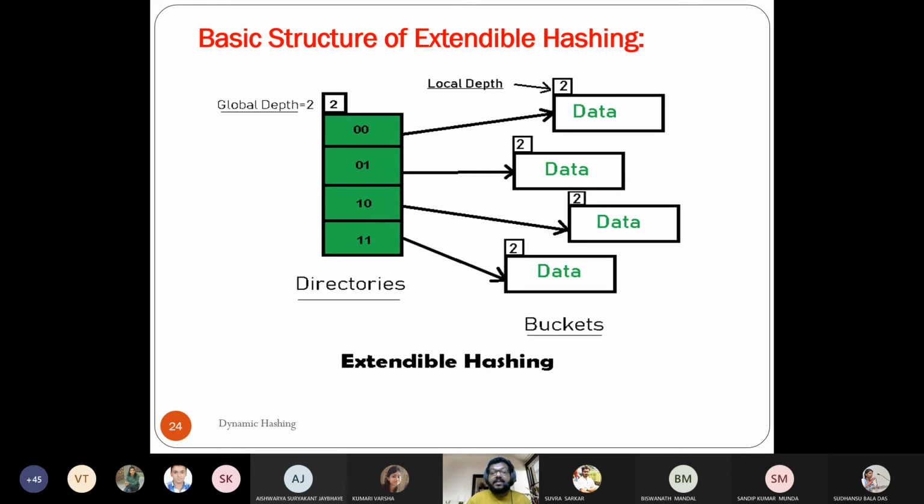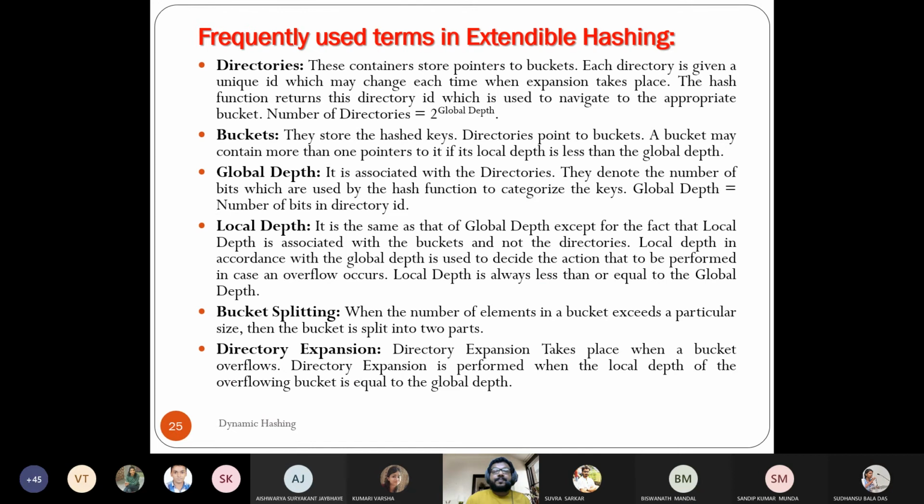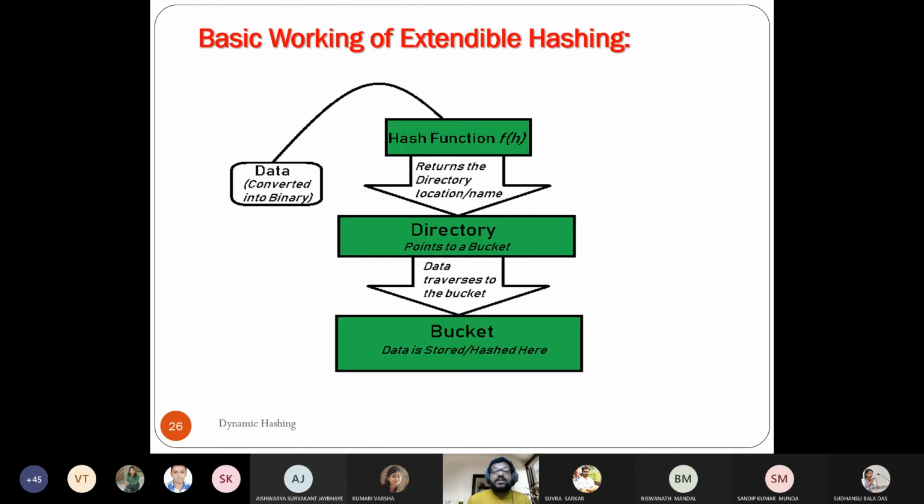Okay, so the directory is nothing but the number of buckets, I mean the index, and that index is actually taken from the key, from the leftmost significant digits. And again I repeat, when we look into the bucket, it has a fixed capacity. It should include at least one record, or multiple records. So these are the typical terms with the help of which we can discuss this. This is the basic working of extendable hashing. The data is first converted to binary.